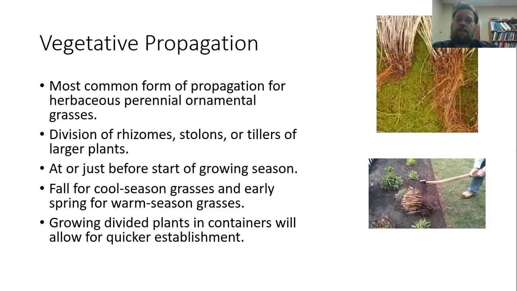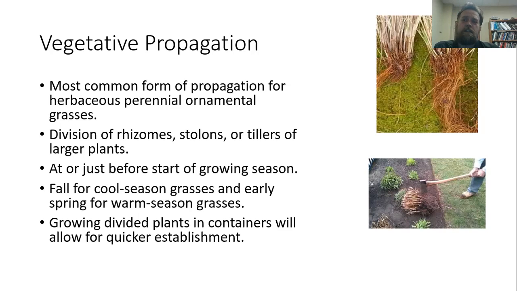But cutting back those plants is really an important part of being able to propagate the ornamental grasses in our landscape. And while certainly it's possible to produce some of these from seed, that's pretty uncommon, and there are some issues that surround that. So vegetative propagation by division is really the most common way we are going to propagate these ornamental grasses. So that might be by rhizome or by stolon, and generally you want to do this right before